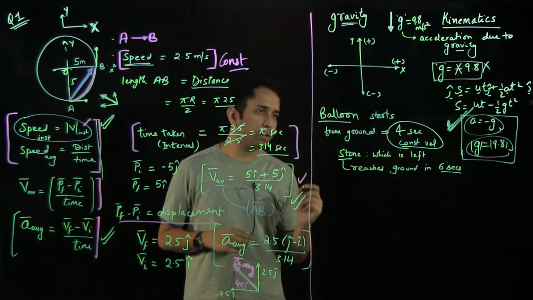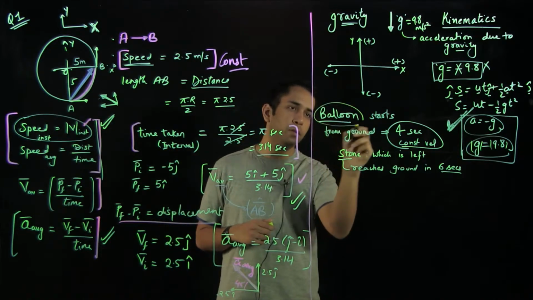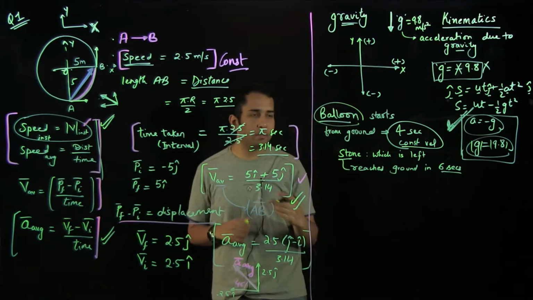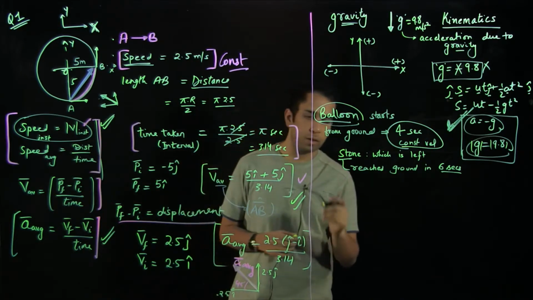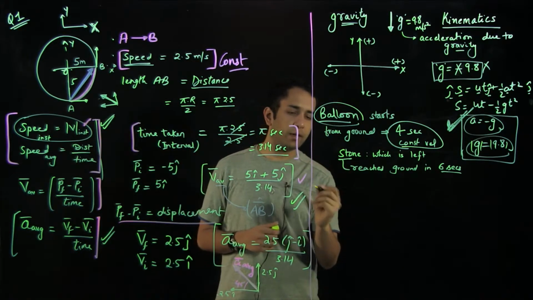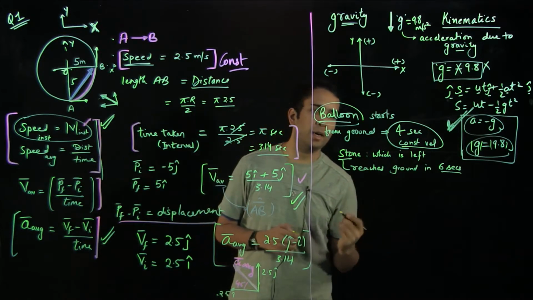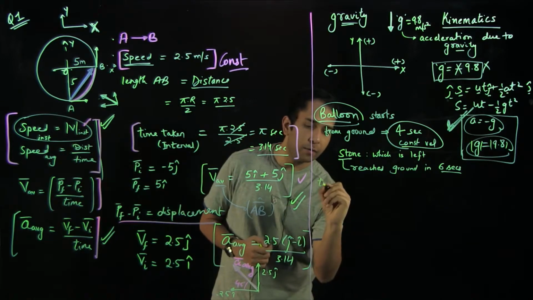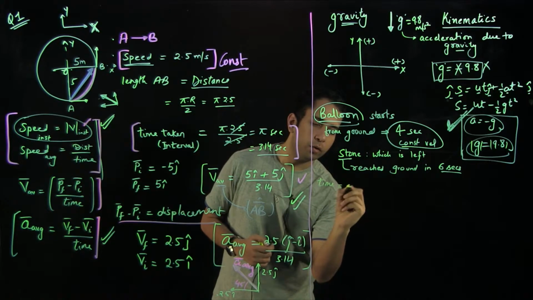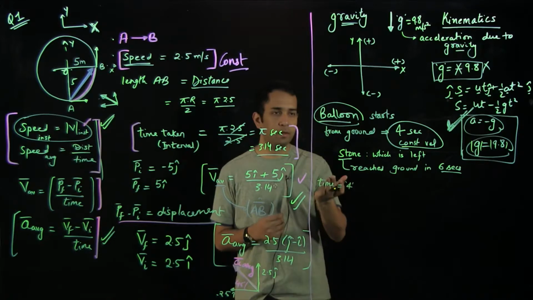So let us solve this question. First of all, we will consider the balloon and do the analysis using the equations. What happened to the balloon till a certain point? If I start at the ground when it started, I am considering that point to be t equal to 0. And let's say time equal to 4 seconds was the time when it reached